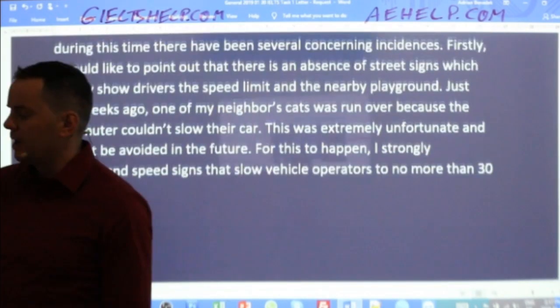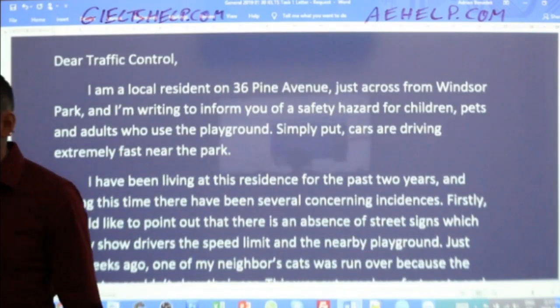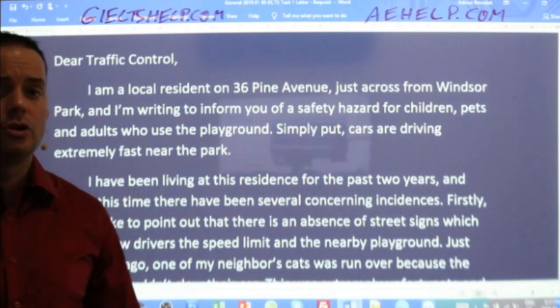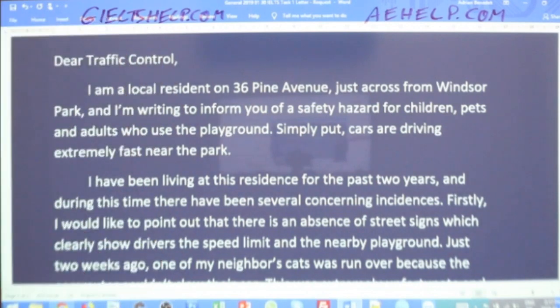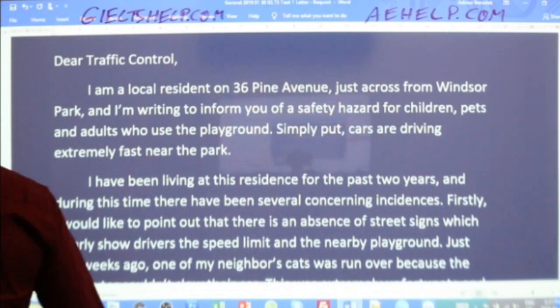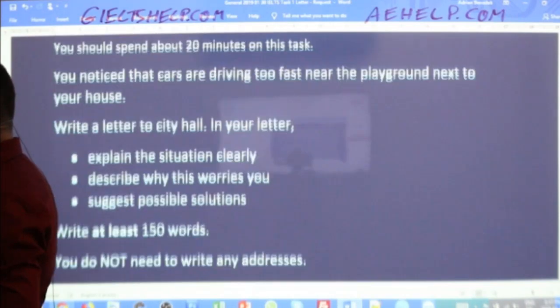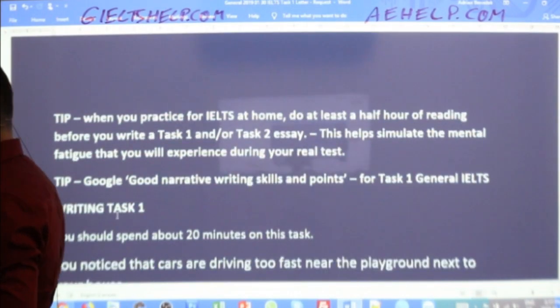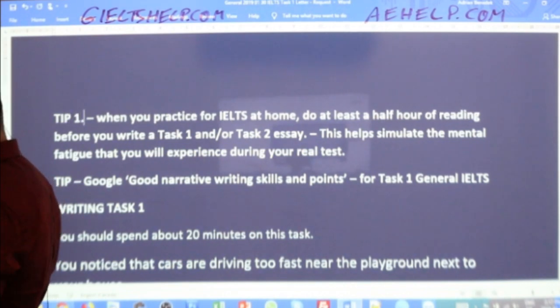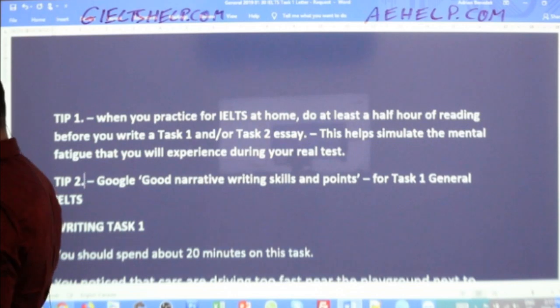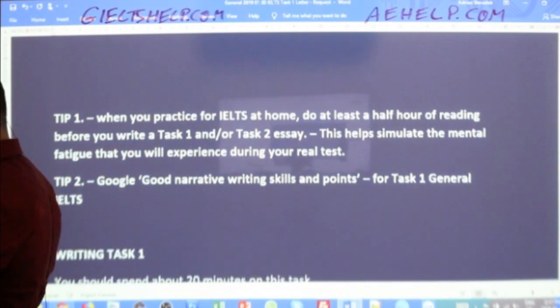Let's finish up the essay. Now, if you have a minute, before you write the conclusion and the summary to your essay, it's often a good idea to read your essay quickly just to make sure you haven't made any big mistakes. So that's my third tip for today. My tip number 1 is here. You can review that later for those of you who missed it. Tip number 2 is here. And tip number 3 is